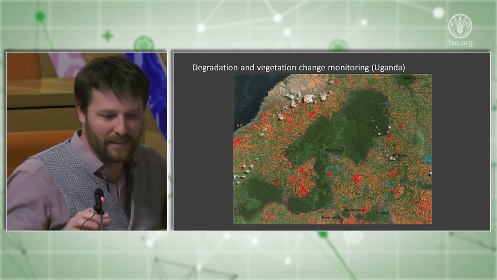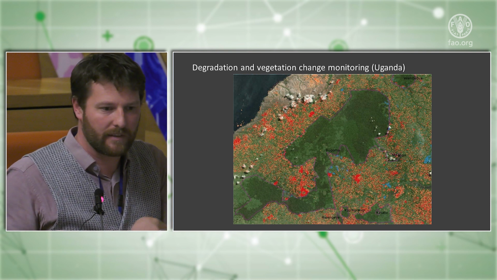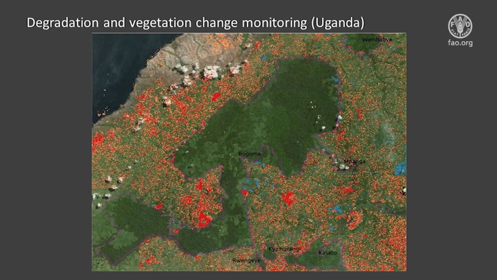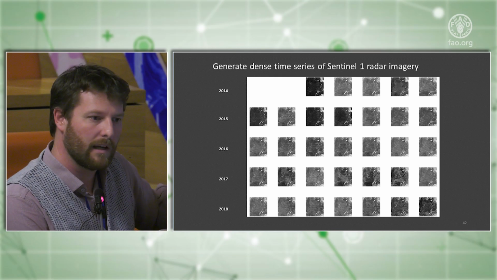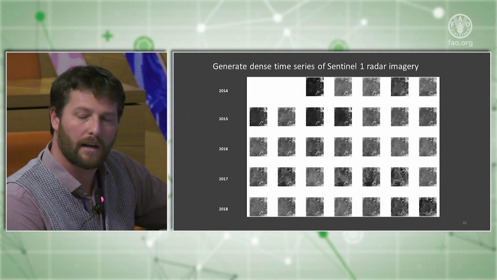So that's one use we make of dense time series, is to look at gains and losses and degradation and monitor those areas. Another thing we're doing is make use of the existing data provided by Copernicus mission, especially the radar data released since 2014 through Sentinel-1. And we also, in that case, have dense time series of imagery available, huge amount of data that needs to be processed. And we have set up inside CEPAL ways to make this radar data analysis ready.